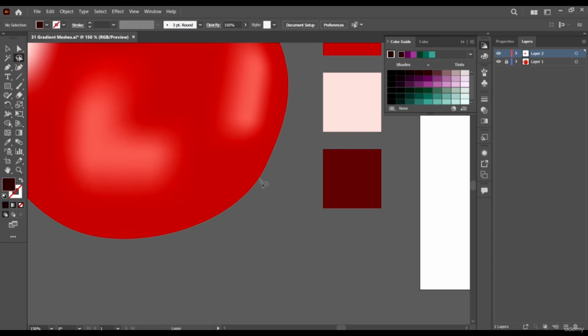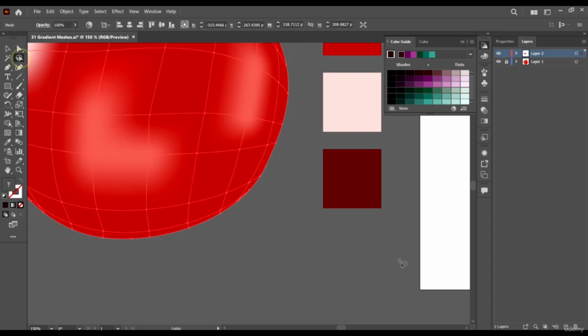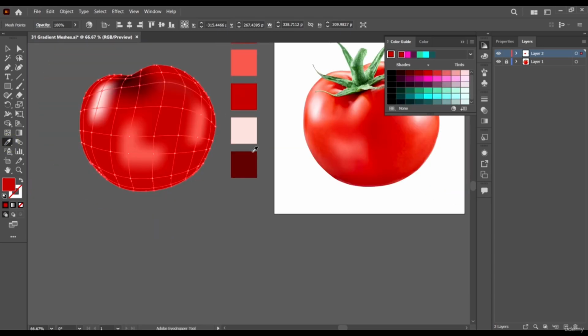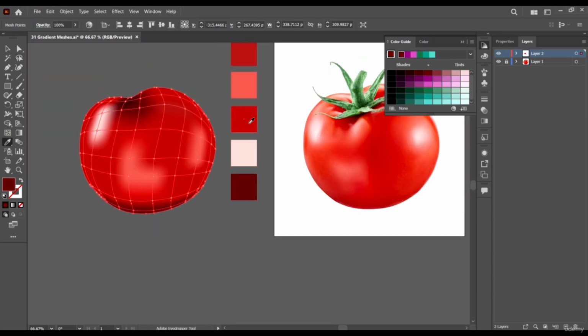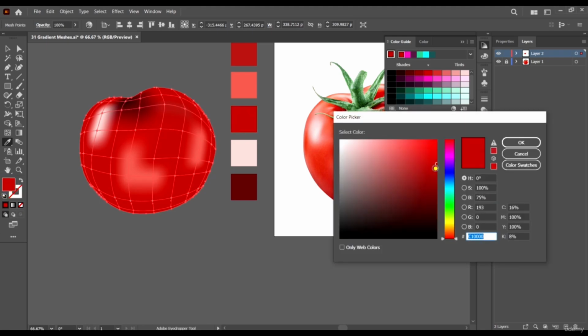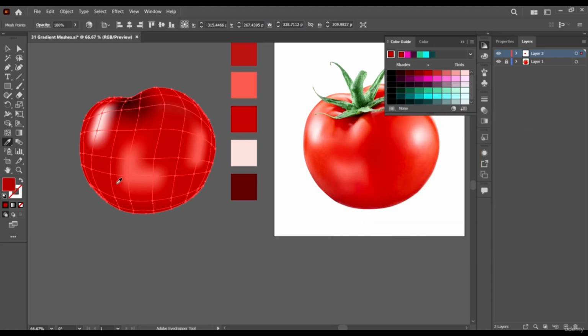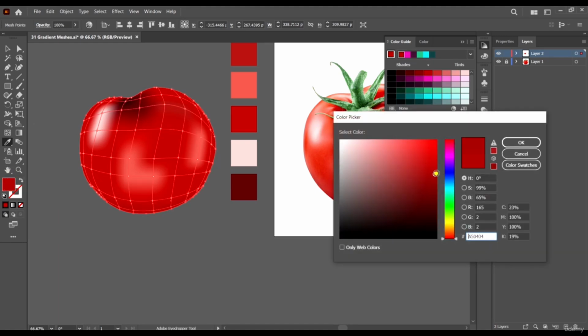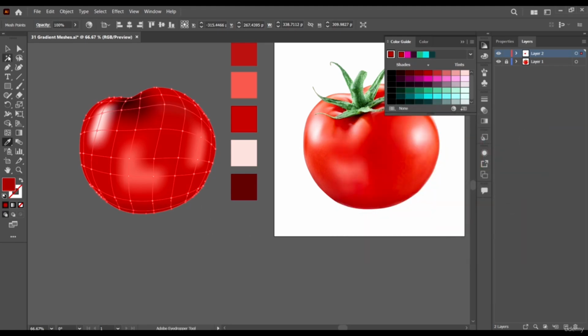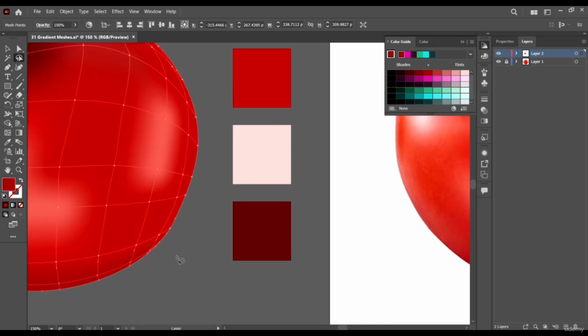Okay, sorry, maybe we can come towards the edges. Maybe select this guy so I can see what I'm doing, and come towards the edges and select the points here and maybe give it, okay, this is too dark. We give it even a darker shade of this. Okay, yeah, that works. Yeah, and we can see that we are already adding a lot of depth to our drawing here.